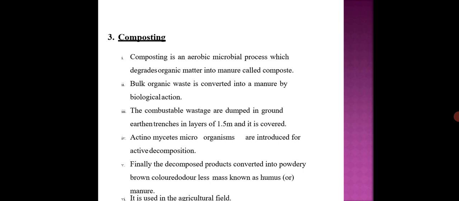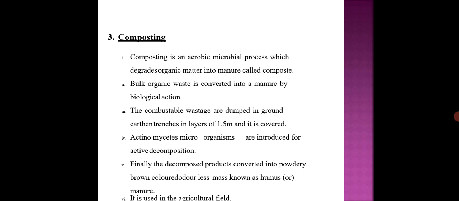Similarly, it also has some disadvantages. In order to handle an incinerator, skilled persons are needed. Similarly, the operating cost is also high. During the incineration process, it also produces air pollutants like smoke, dust and ash, which also need further disposal methods. Due to the formation of air pollutants via this method, we need to find an alternate method for reducing the air pollutants. That is one of the disadvantages of the incineration method.